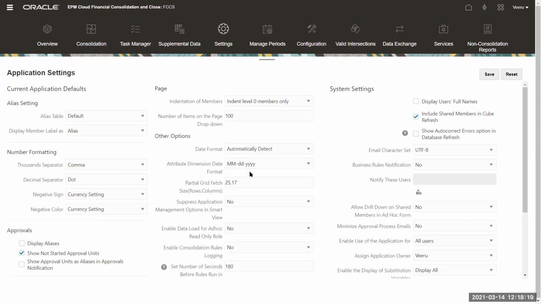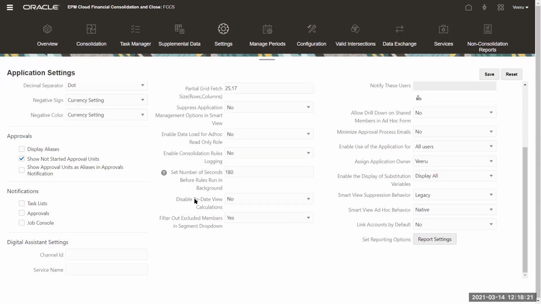And then there's an option called to date. To date means YTD, which means year to date. HYTD, half year to date. QTD, quarter to date. Right, the to date view calculations. In the view dimension, we have how many? Periodic, HYTD, QTD, and YTD. So year to date view calculations, quarter to date view calculations, half year to date view calculations.